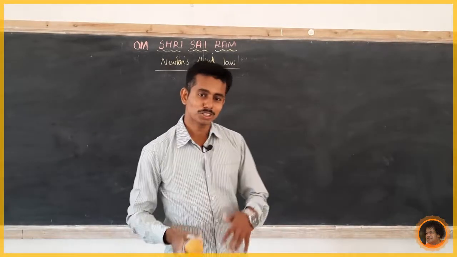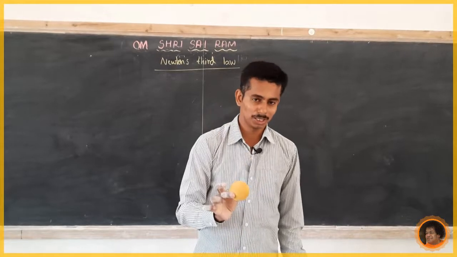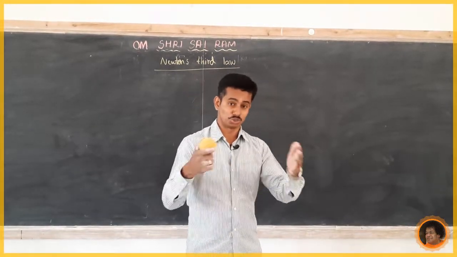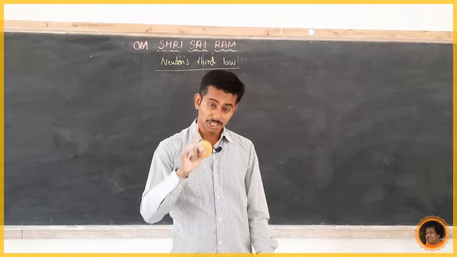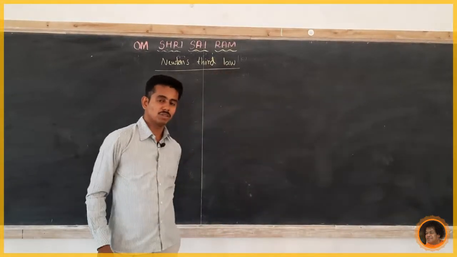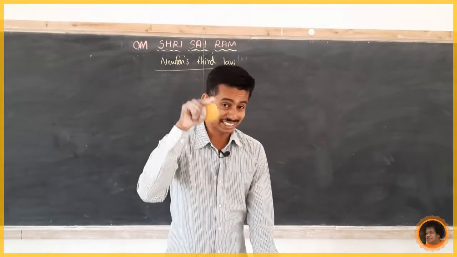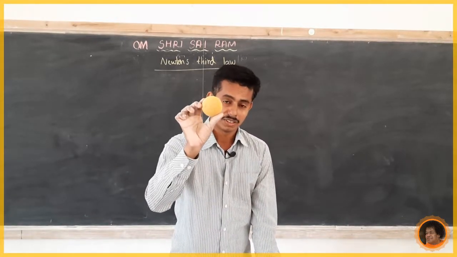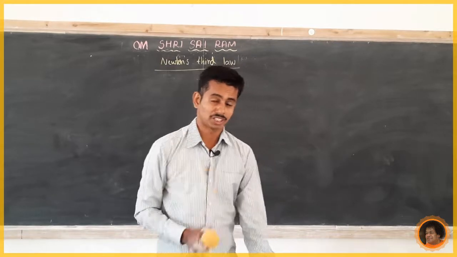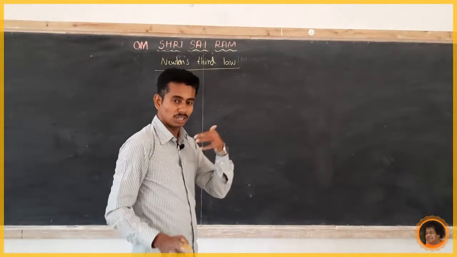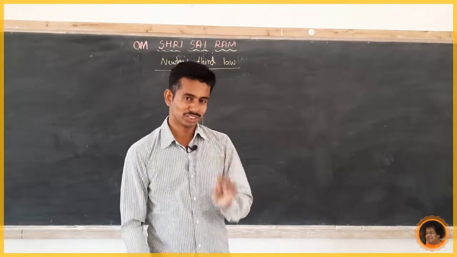Your answer is because of the flexibility, because of the elasticity, because it bounces. This is your answer. But Newton has given the correct rules for this. Why does the ball bounce back? When we hit the wall, it bounces back. He gave one rule about this. What is the rule? Just look at this.